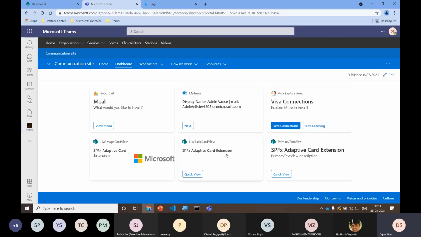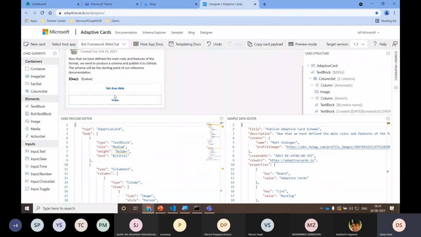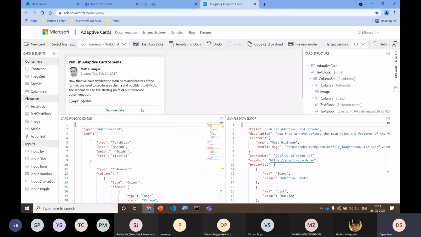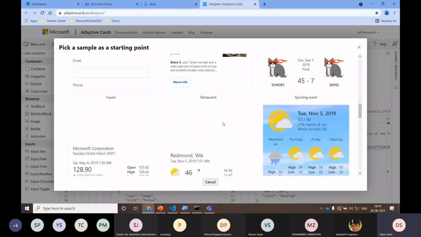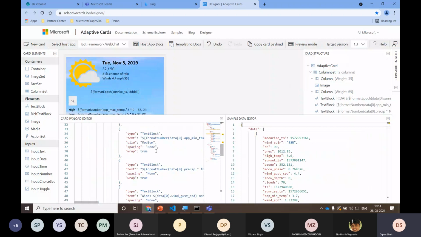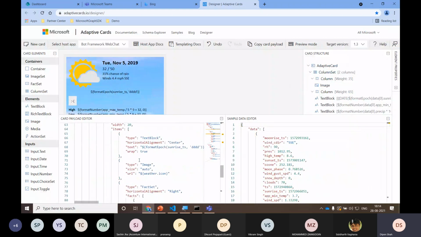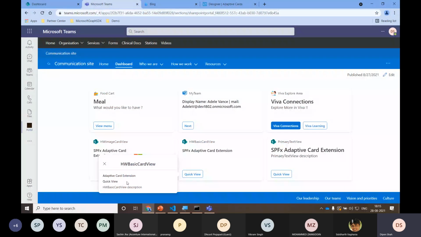Let me quickly show you the quick view. When I click on this button, this section appears, and this is called the quick view. Here, I am putting three pieces of information in this quick view: the title, the subtitle, and the description. But we can generate our own layout of the quick view with adaptive cards. For example, this is the adaptive card designer, and if I want to generate the quick view for this, then I can generate this type of JSON over there and put it into our SPFx code. Then I can upgrade my quick view layout based on my requirement.